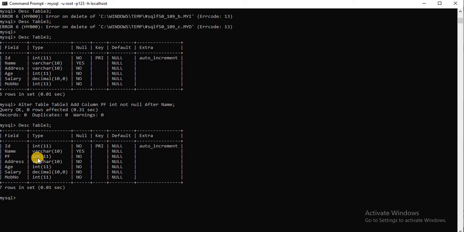Okay, now I want to change another column's data type. Suppose I want to change the PF column data type. So I use the command alter table, table name is table 3, modify column pf, which data type I want to convert to, varchar, and should not be null.